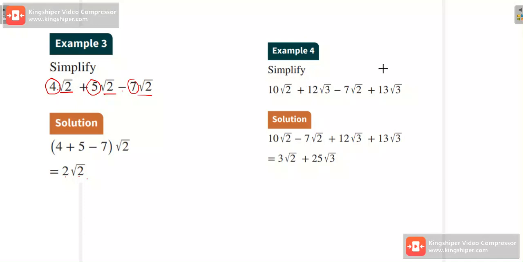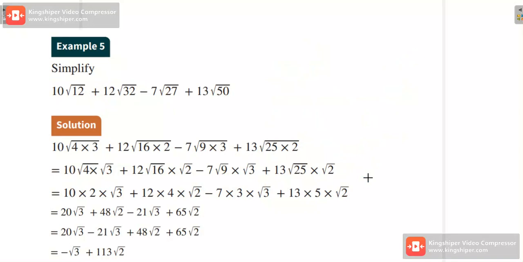And you can try your hand on this. Follow the same steps to justify the answer here. Now, this is also example 5. Go through the solutions. Just follow the steps. Make sure that you have highlighted. Let's go through this together. So